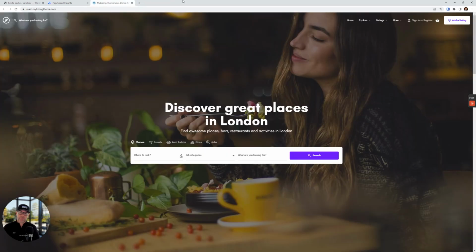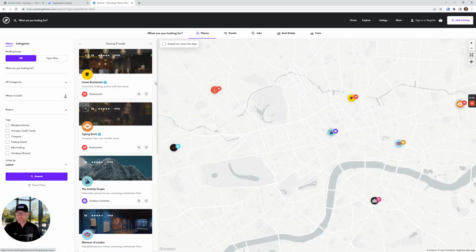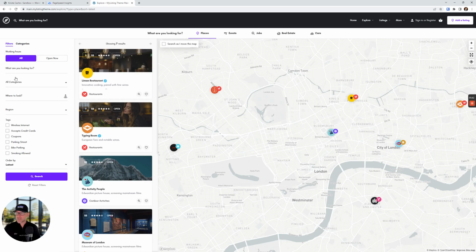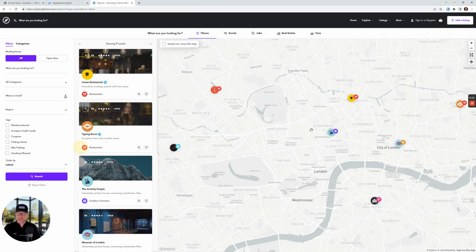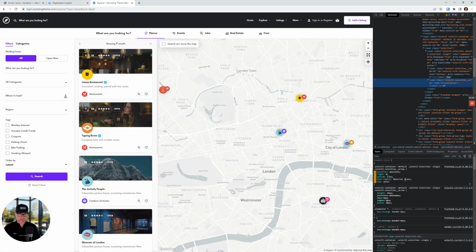Before we dive in, I promised to show you the material fonts and what they are. So here we are on one of the MyListing demos. If we were to inspect some of these icons, let's go to the Explorer page, it's easy to find some here. See this little drop down arrow here for the select? See that? If we inspect this,